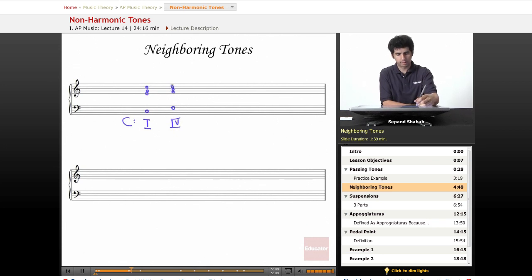And looking at the top voice, so it's staying on C, but if it was going to be ornamented by a neighboring tone, I could add a D and then going back down to the C by steps. So a neighboring tone is one that leaves a note and comes back to the same note, either above or below. So this would be an upper neighbor,